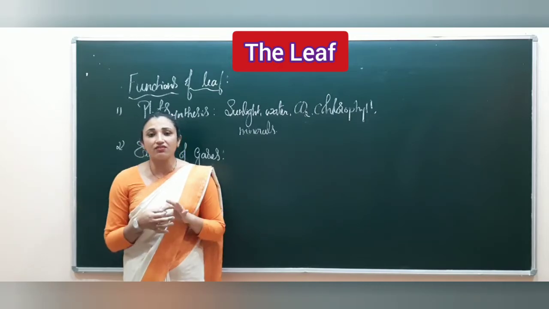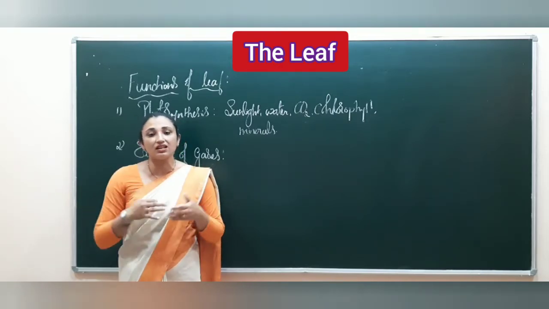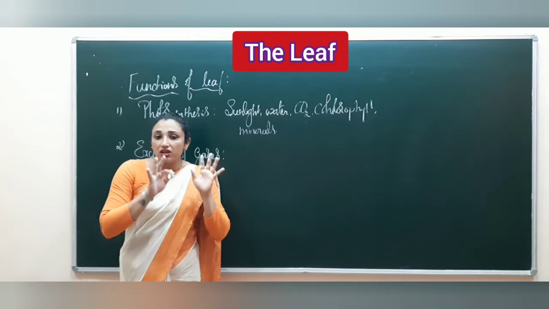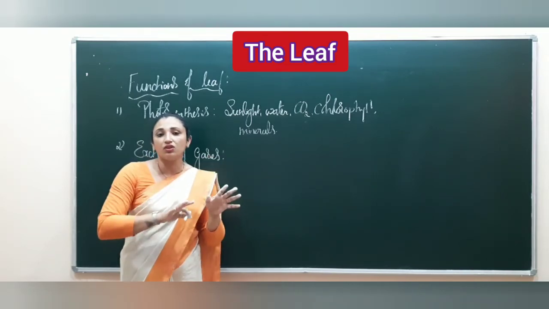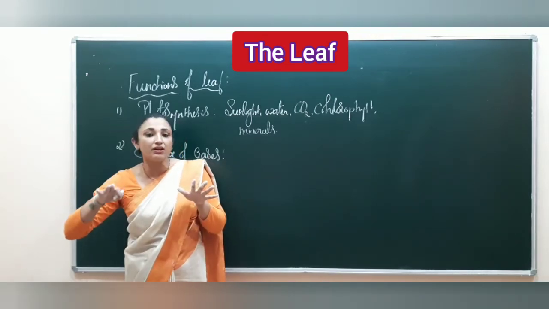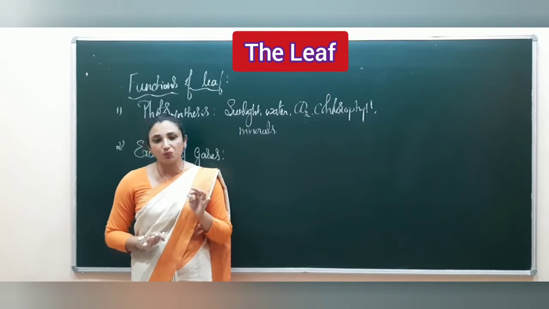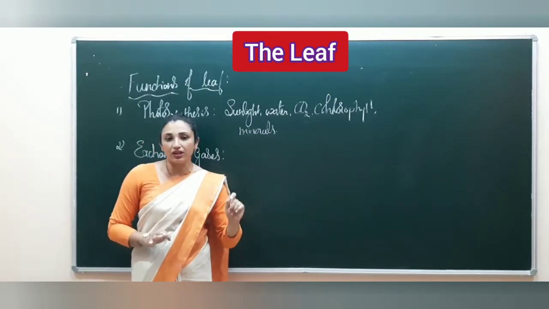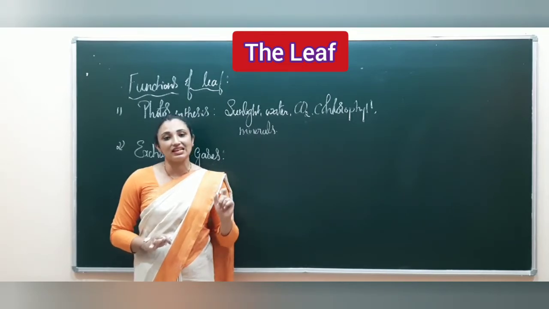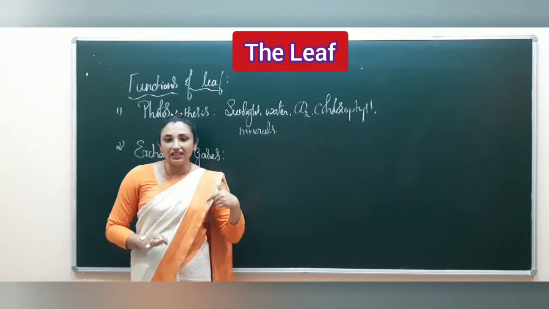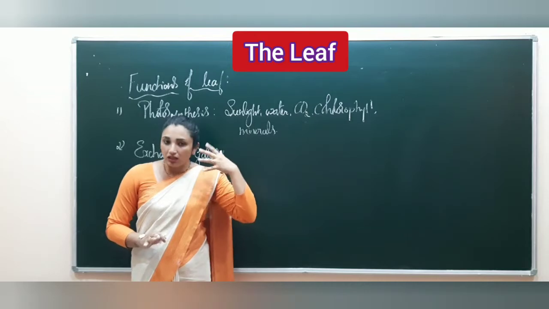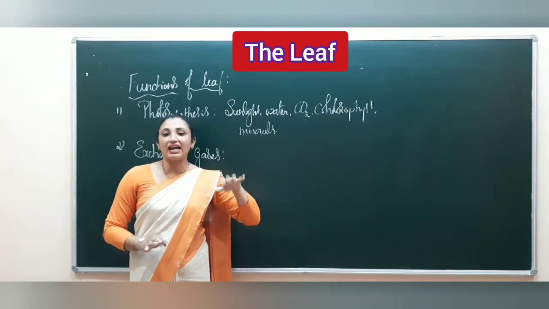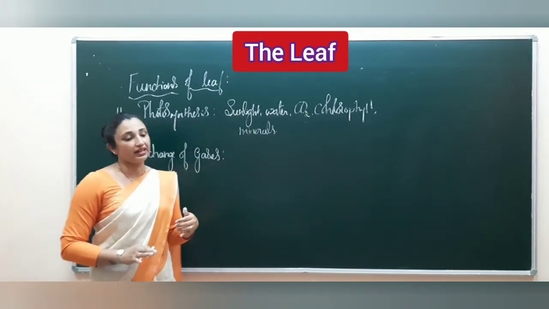As a general saying, we say that plants and trees are very important to reduce the carbon dioxide level in the atmosphere. The carbon dioxide is taken in by the plant or the tree for the process of photosynthesis, and for the breathing process, plants take in only oxygen and give out carbon dioxide.